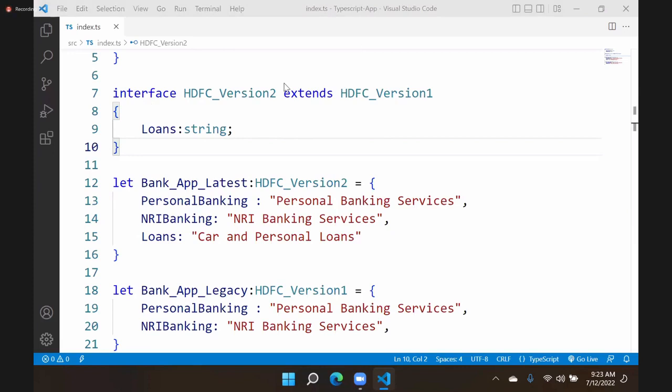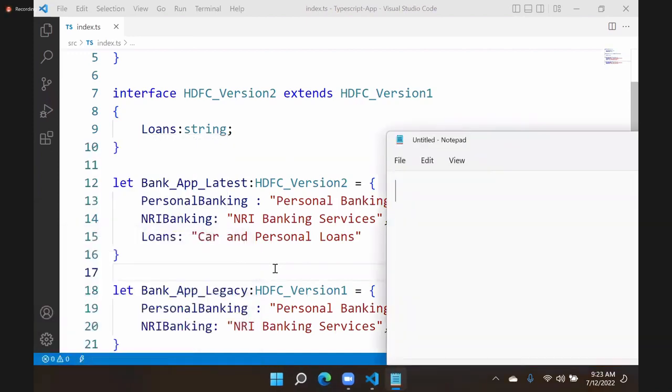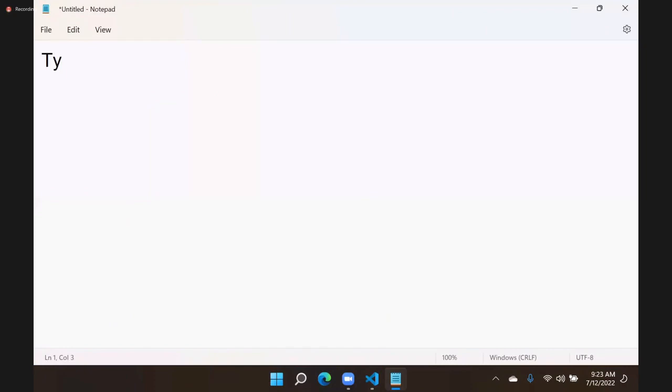Last session we discussed templates. How do we use contracts? So in TypeScript,